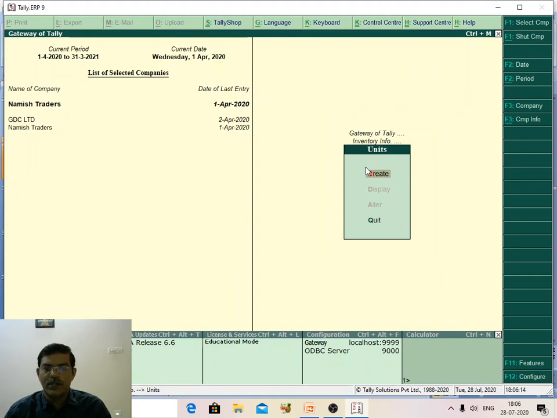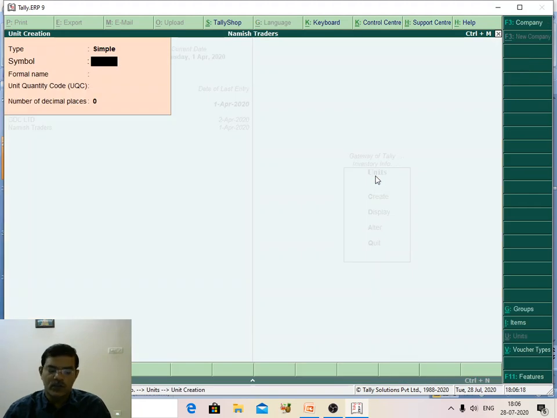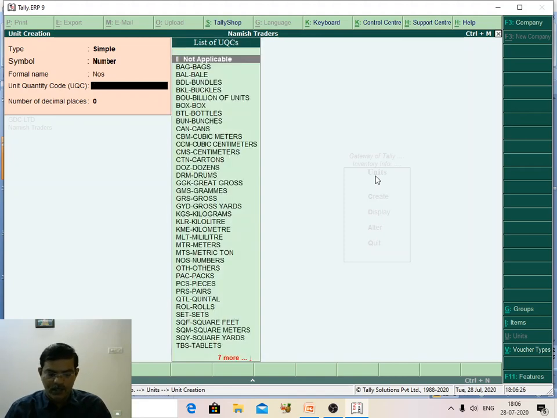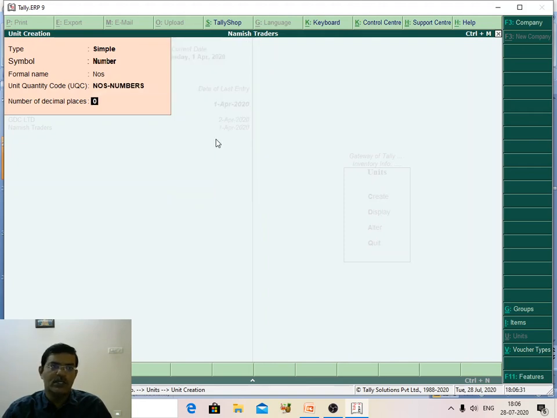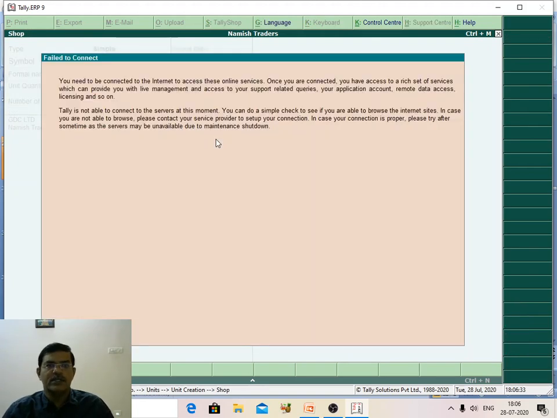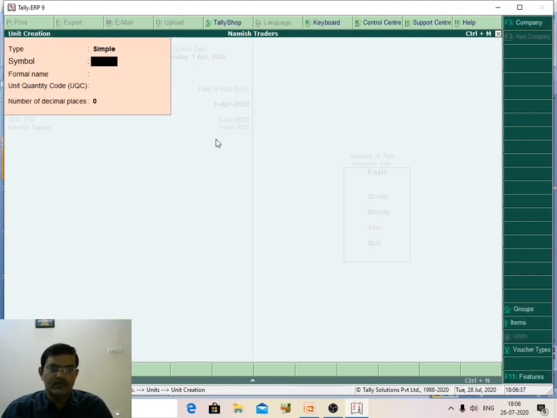Go to Gateway of Tally, inventory info, and unit of measure, create. Mobile phones are measured in terms of numbers only. The formal name is number, and the unit quantity code is numbers. Just select Control A to access the screen.